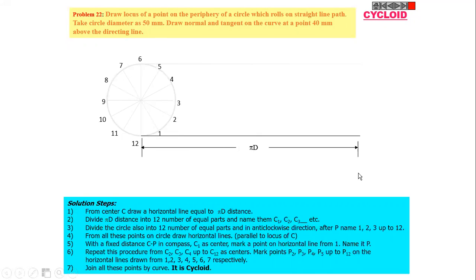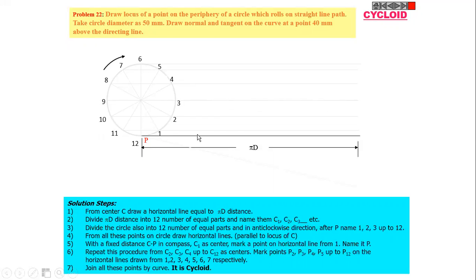The next step is extend these points horizontally. 6, 5 and 7 lie on the same line. Points 4 and 8 lie on the same line. 3 and 9 lie on the same line. This is the center line. Draw with the software. These all are the construction lines. Then 2 and 10 points lie on the same line. Then 1 and 11 lie on the same line. Next, this is the key point.